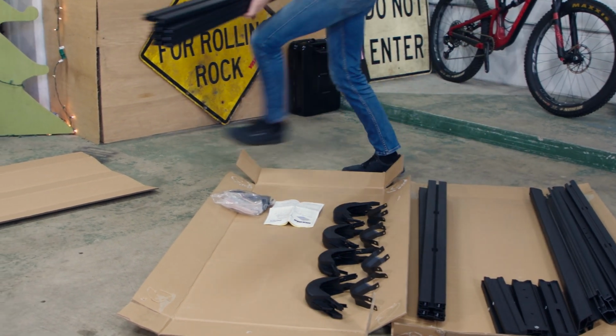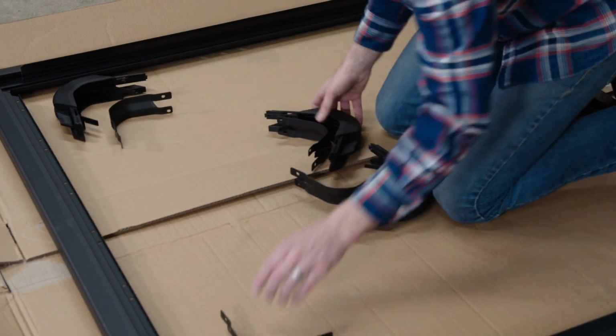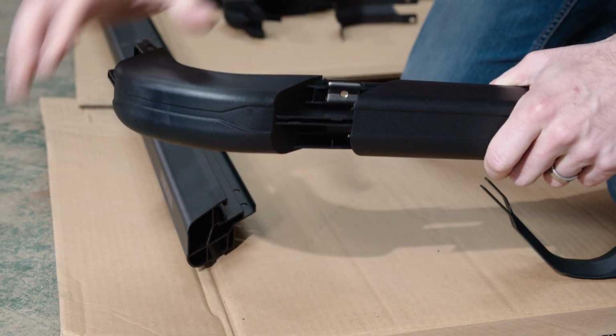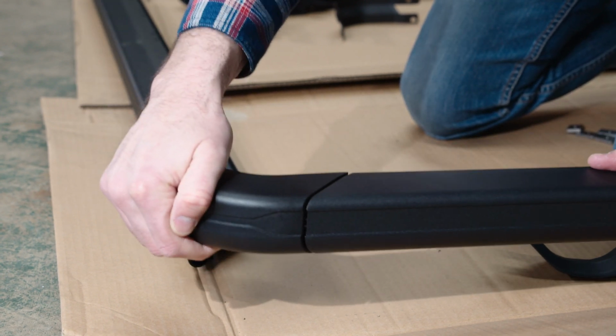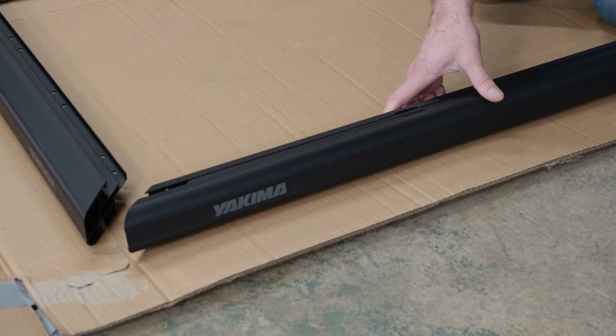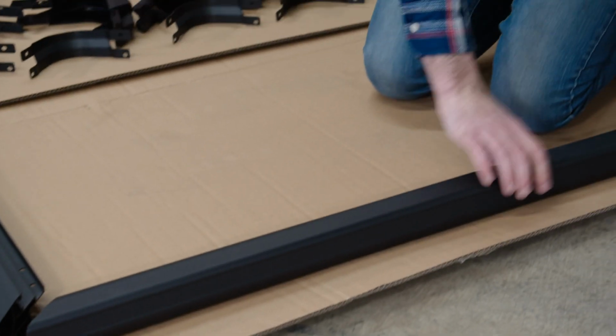First, unpack the box and set everything off to the side. Then, grab the corner braces and insert 2 M6 square nuts into each corner piece. Insert the platform corners into the platform ends like this and push firmly until fully inserted. Pro tip: laying the platform ends with the Yakima logos upside down will prevent the square nuts from falling out